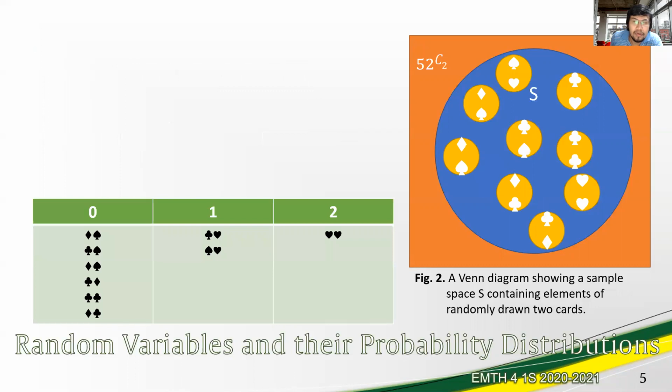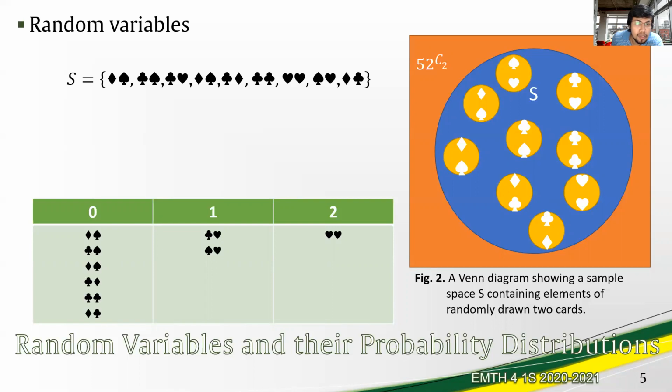And we now have figure 2 to depict that. The Venn diagram showing the sample space S containing elements of randomly drawn 2 cards. Figure 2 is, again, the representation of that sample space. If with the random drawing of 2 cards, we want to know how many turned up with hearts, we can summarize the output. The S is given there. We can summarize the output as